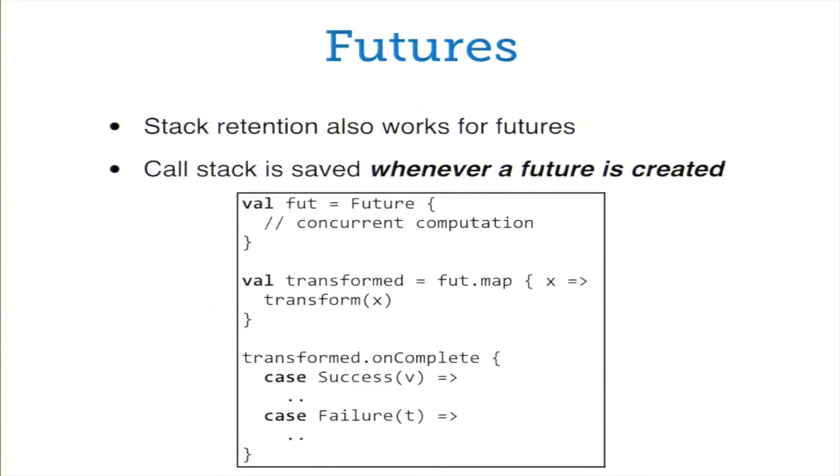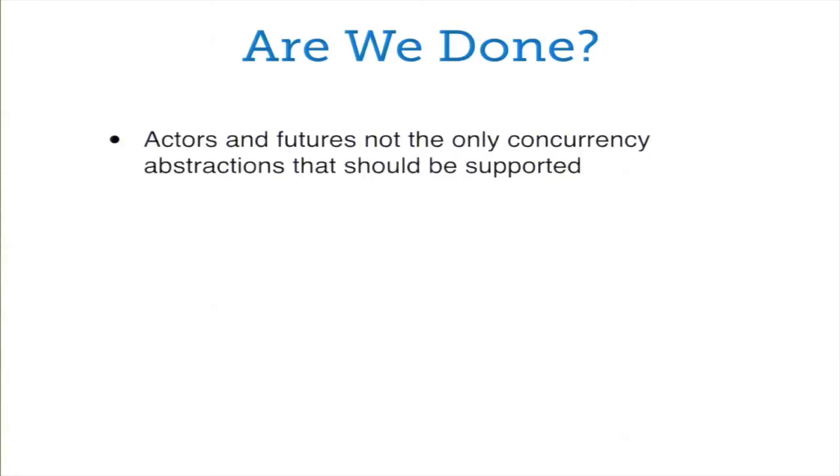Now, of course, the issue is that, again, if we want to step through our program because there's an issue, for example, we get a failure here that we don't expect, then we can, again, find out about the context at the point when the future was created. So again, we can use a similar scheme of stack retention as before. Okay. So now, of course, you might ask, are we done? Because we seem to have solved one of the main issues with concurrent code and debuggers. So well,